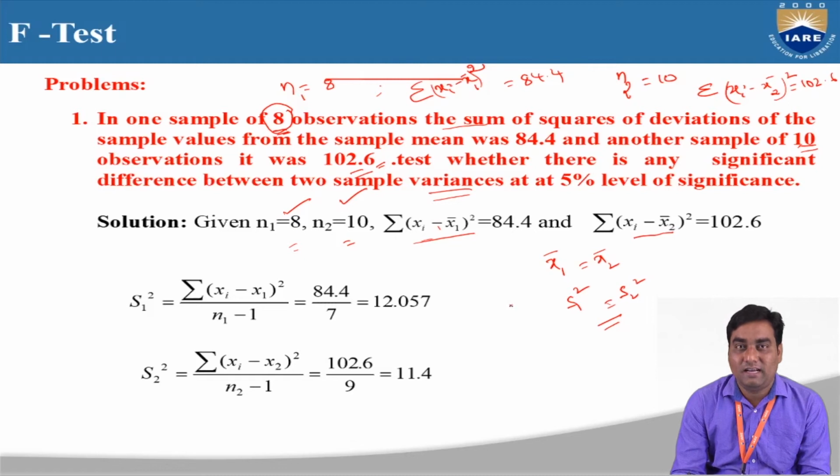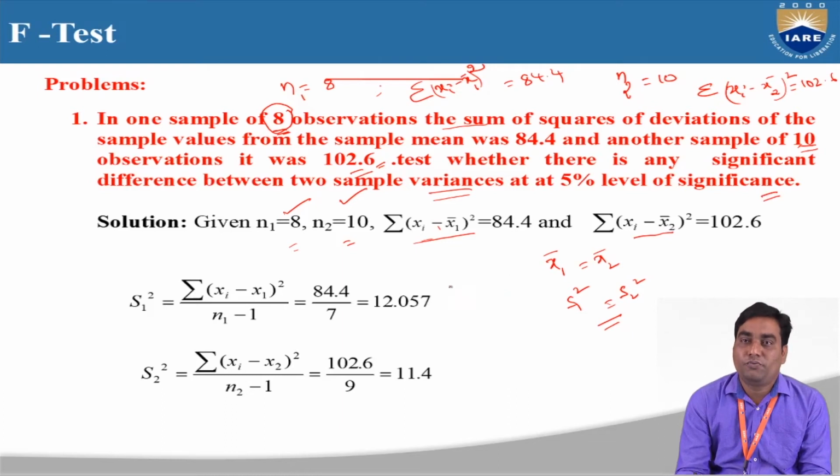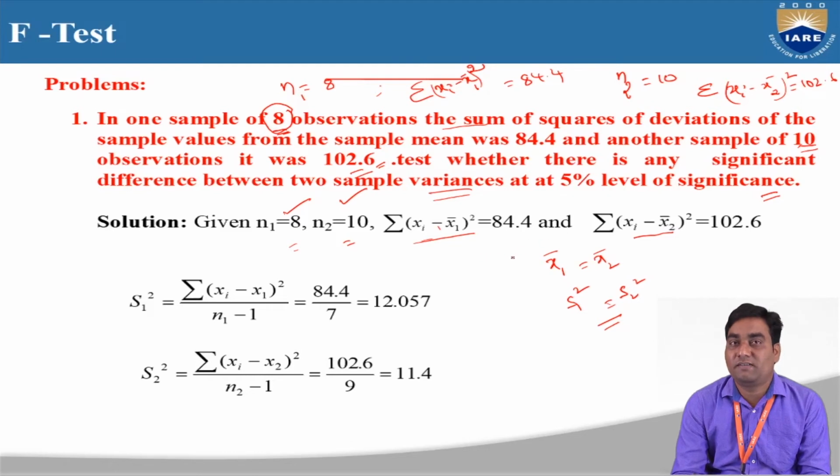Like this we have to identify which test is suitable for the given problem, according to the sample sizes, the means, or the variances. So according to the given problem, we concluded that F test is suitable. To find F test, the test statistic formula is F equal to S1 square by S2 square. But S1 square and S2 square values are not given, so we should find out S1 square.